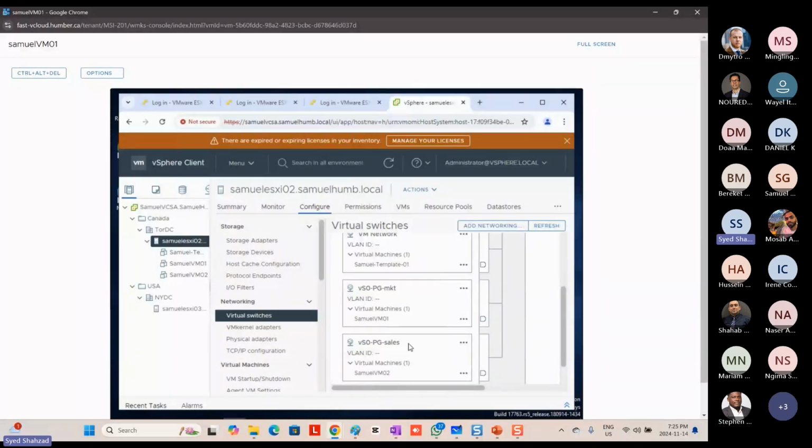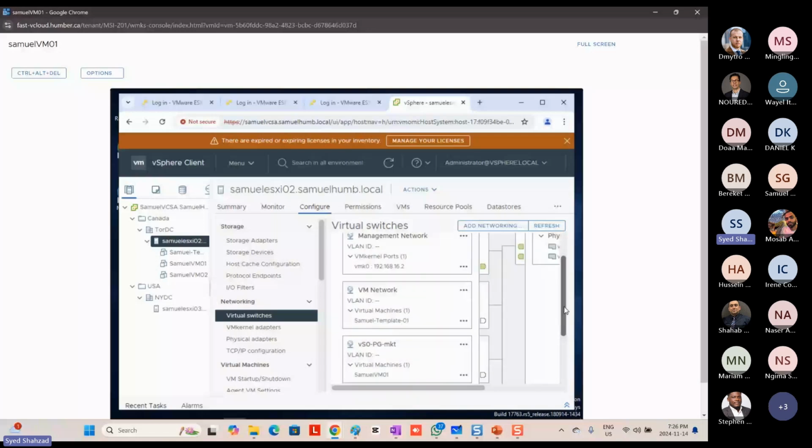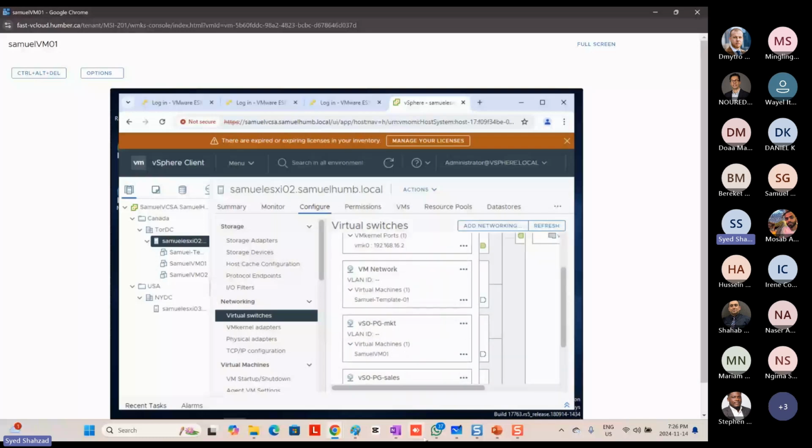So yes, that's how we create port groups and then assign virtual machines' network cards to different port groups, right? That is how to create extra port groups and change virtual machines. But what about another scenario, which is